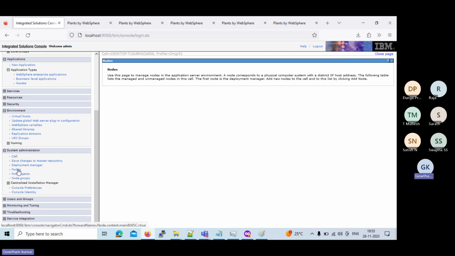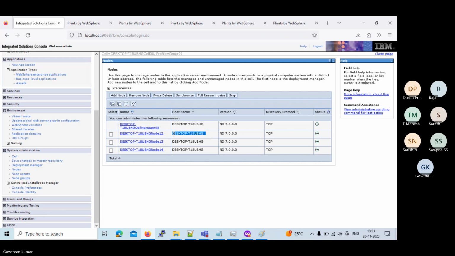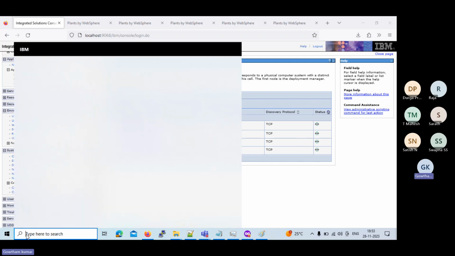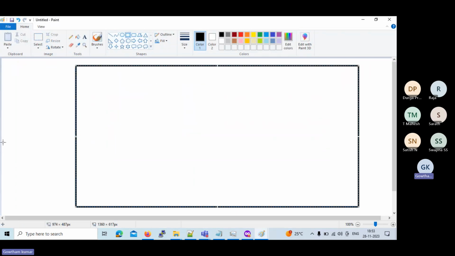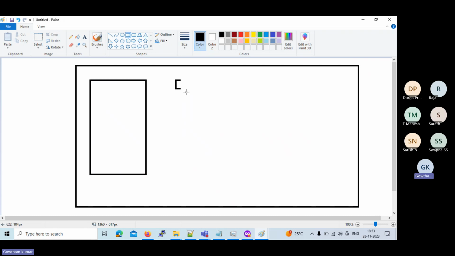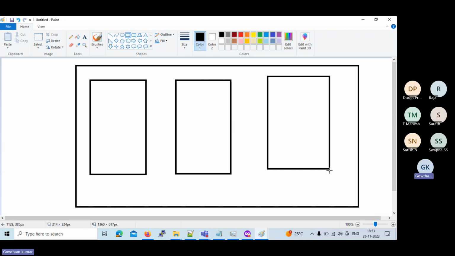So when you click on the nodes, you can see all the nodes. You can see node 12, node 13, node 14. What will happen in this architecture? You will have one node called node 12, right? And you will have DMGR. DMGR is a different node, and your federated servers will be a different node. I'll show you in Paint so that you will get a good overview. See, this is your WebSphere application server, right? And on top of it, you have created 3 profiles. For example,